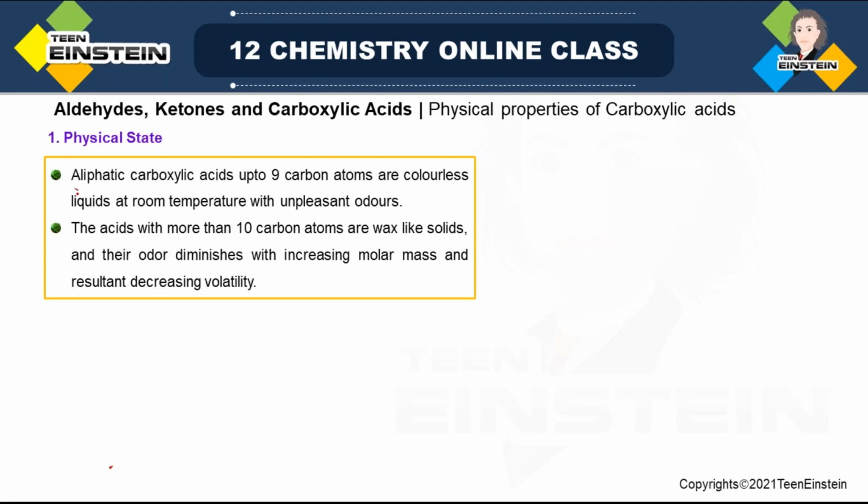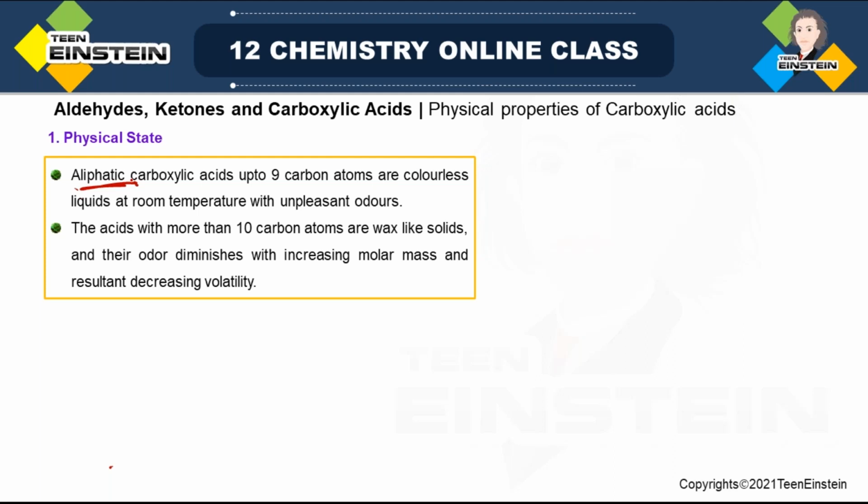If we consider aliphatic carboxylic acid, up to 9 carbon atoms, not after that, then they are colorless liquid at room temperature, that is around 25 degrees centigrade, and there is an unpleasant odor also. So remember, it is only applicable for aliphatic carboxylic acid and up to 9 carbon atoms, not more than that,